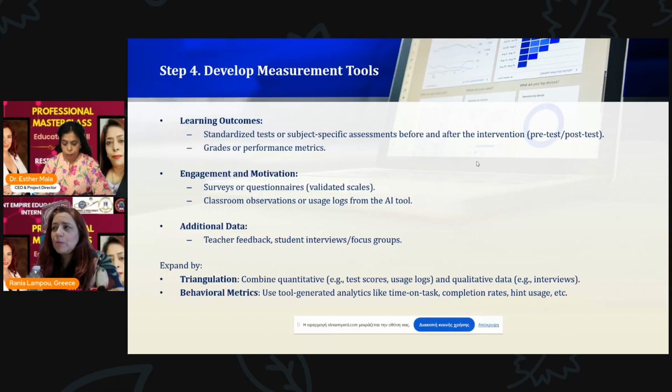So we need to develop measurement tools for learning outcomes. We use standardized tests, subject-specific assessments before and after the intervention, the grades or performance metrics that I mentioned. For engagement, we mentioned again validated scales, classroom observations, or user logs from the tool. Some additional data could include feedback,